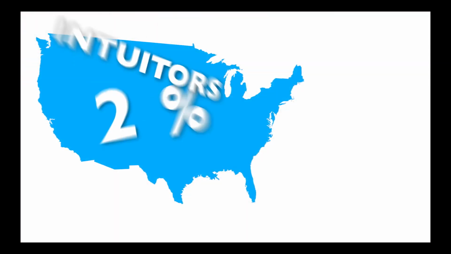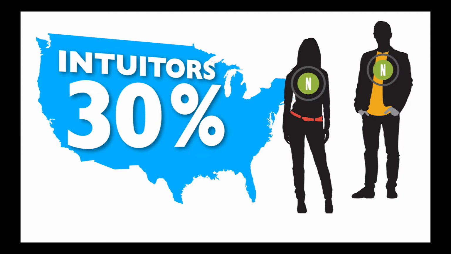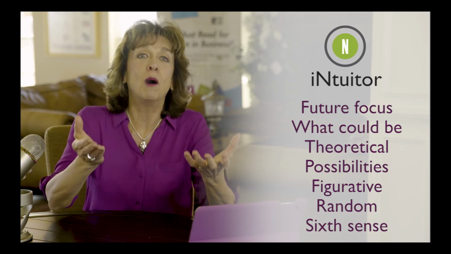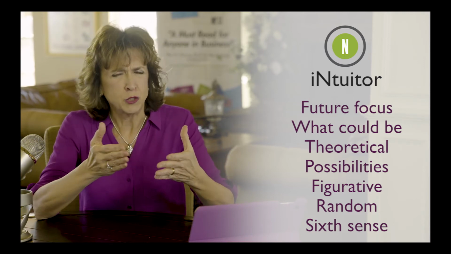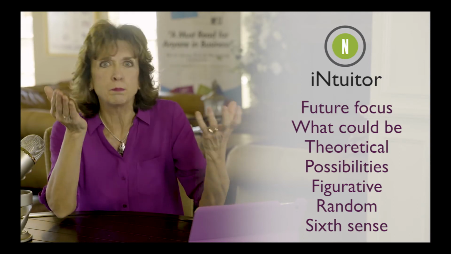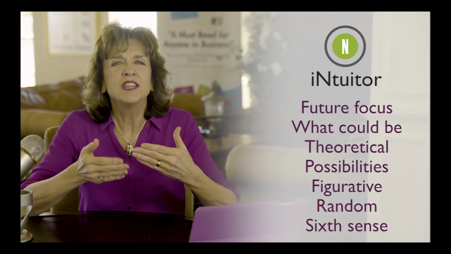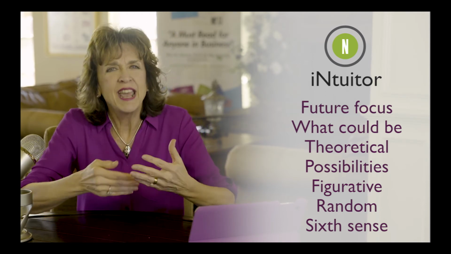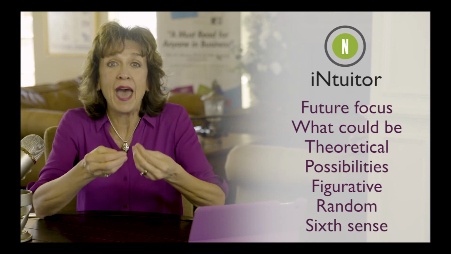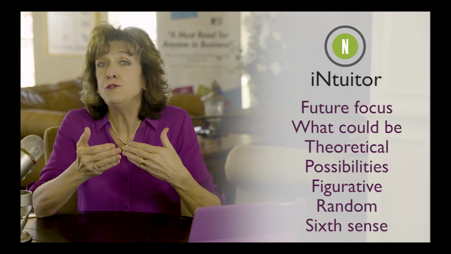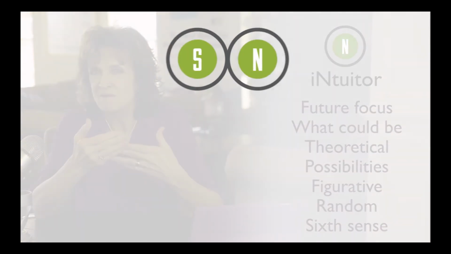The other 30% of the population? Yes, they use their 5 senses, but they put more emphasis on what could be, on what might be, the future, abstraction, imagination, possibilities. There's a random nature to intuitive perceptions, as in, this triggers this, which connects to that, which links back to this. The intuitive side of the brain prefers to go beyond the senses and focus on interpretations, relationships, possibilities, patterns, a sixth sense, a deeper meaning. It prefers looking into the future and forecasting.